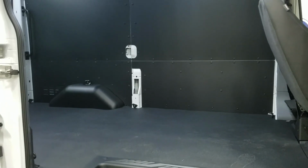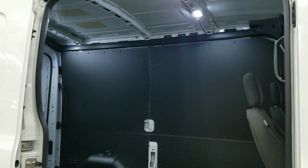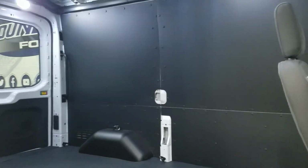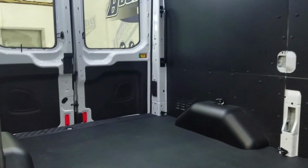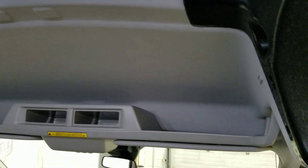As we slide open our door, you'll notice we have loads of storage in the rear of our cargo van for any and all utility needs, which comes with a vinyl floor with tons of room and handles at the rear to help in and out of this wonderful cargo van. With overhead storage, we have loads of room to ensure that any utility job or storage van needs will be